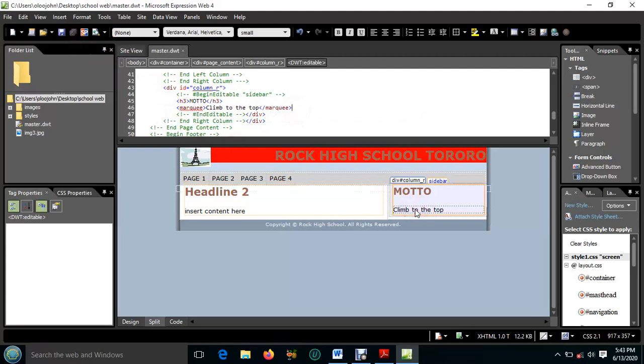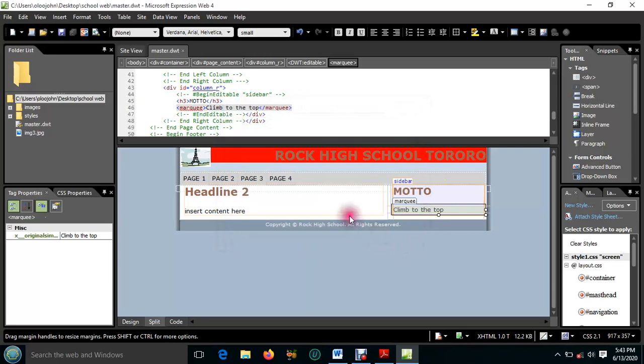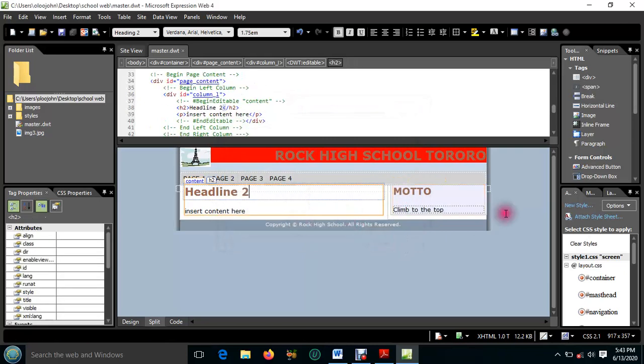Then you may want to apply the marquee properties. To apply that, what you do is simply come and double click on the text where you have applied the marquee. So when I double click on that, it brings for me the marquee properties. So there is direction. They may want you to apply the direction, specify the speed, the amount of delay, the behaviors, that one you should be able to do. So okay, I'm not going to change. We are done with